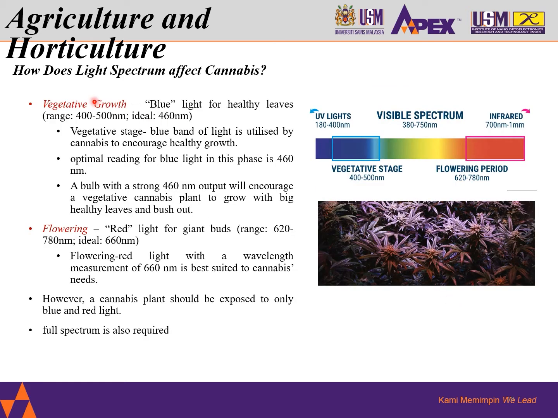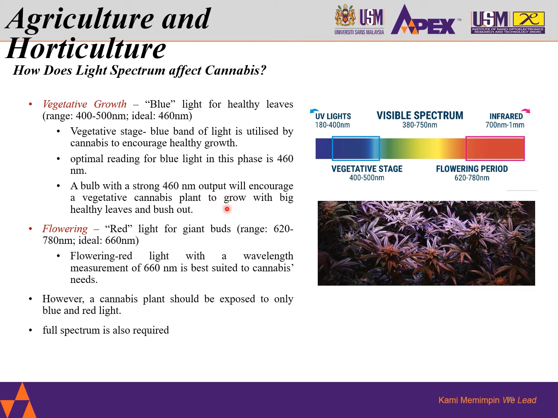So how does light spectrum affect cannabis? For example, vegetative growth. Okay, blue light for healthy leaves, with a range of 400 to 500 nanometers. The ideal is 460. During this vegetative stage, the blue band of light is utilized by cannabis to encourage healthy growth. The optimal reading for blue light in this phase is around 460 nanometer wavelength. A bulb with a strong 460 output will encourage vegetative cannabis plants to grow